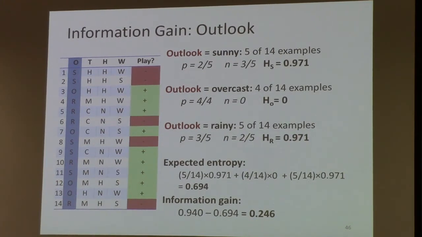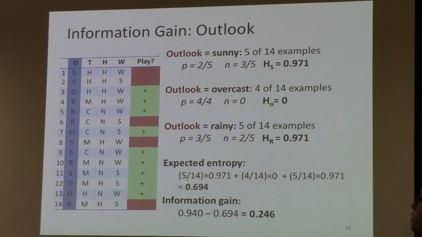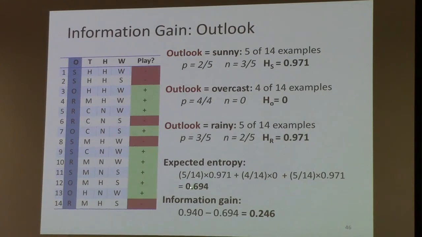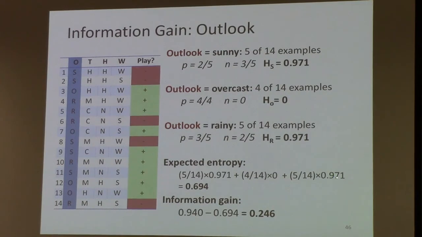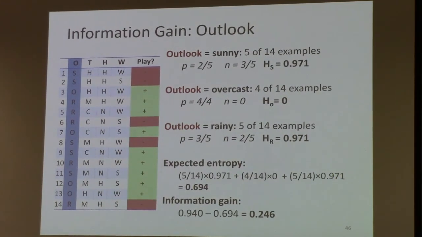Then we can calculate the average entropy of the 3 data subsets, which are weighted by the sizes of all data subsets, right? So the size for the first data subset is 5. So the weight is 5 over 14, right? And then multiply its corresponding entropy 0.971. And the second data subset size is 4, but entropy is 0, so just ignore it. And the third data subset contains 5 examples, so the weight is 5 over 14. Then multiply the entropy 0.971. So we got our expected entropy here. It is